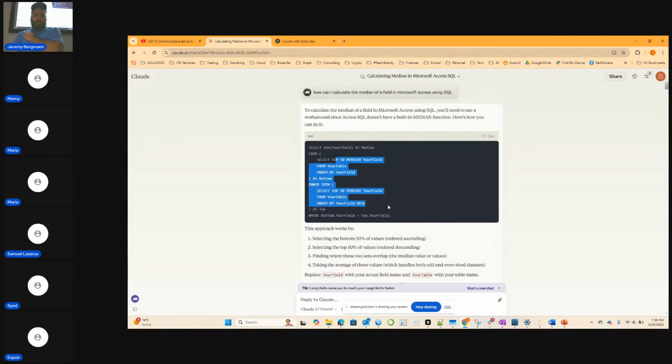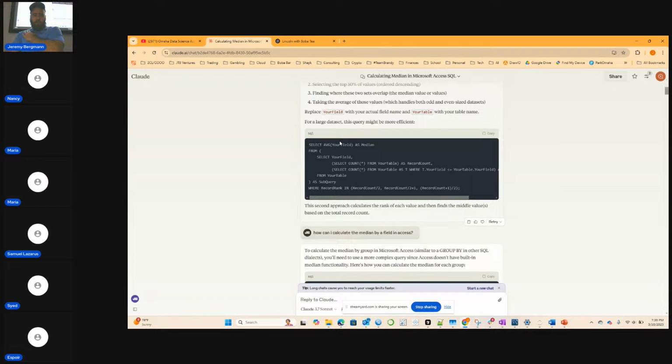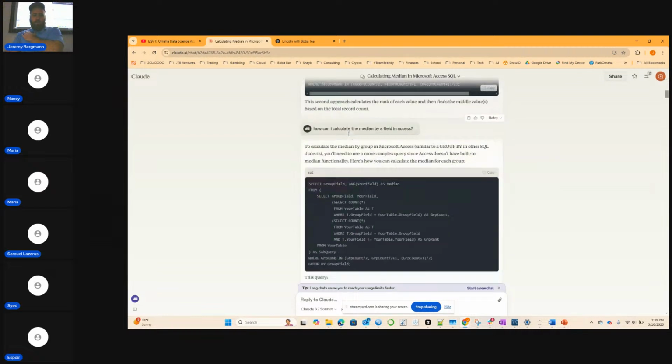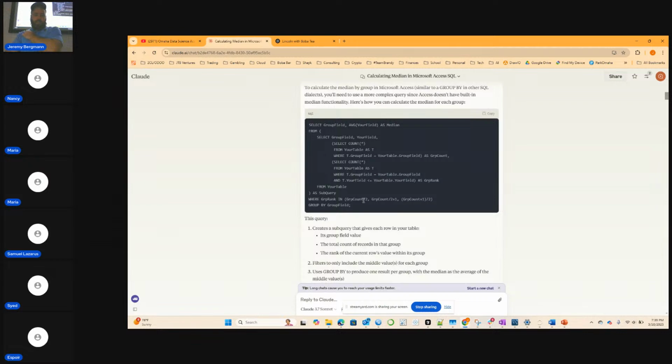So it gave me a generic one. I just wanted to ask, how can I even do this in Access? Because I didn't know. How can I calculate the median by a field? So we'll learn about grouping. I wanted to do it by job code and the median per job code.